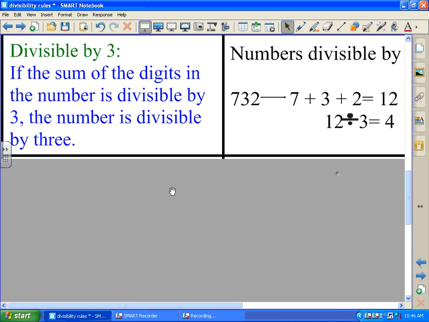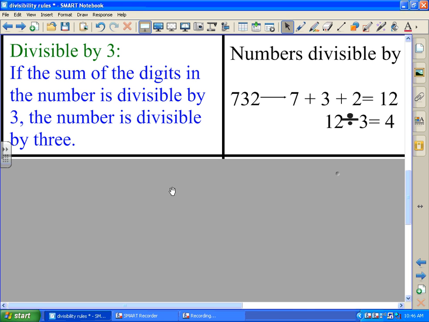If the sum of the number's digits is a 3, 6, or 9, so if it's divisible by 3,